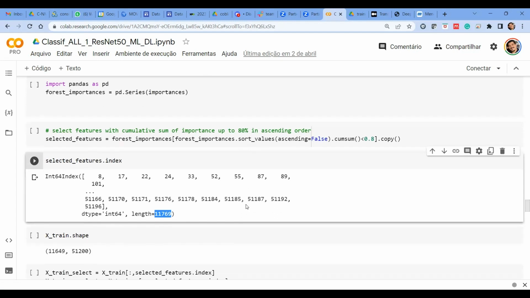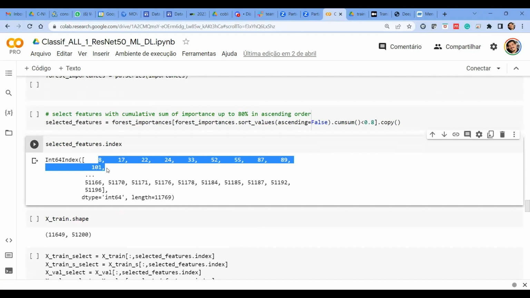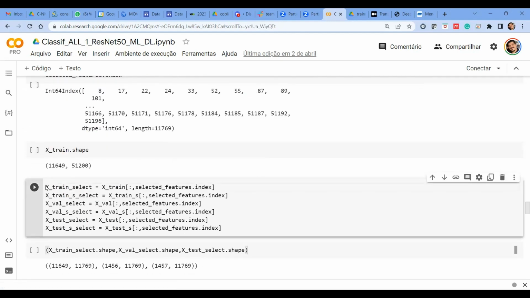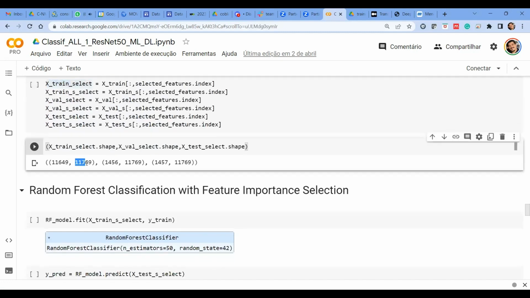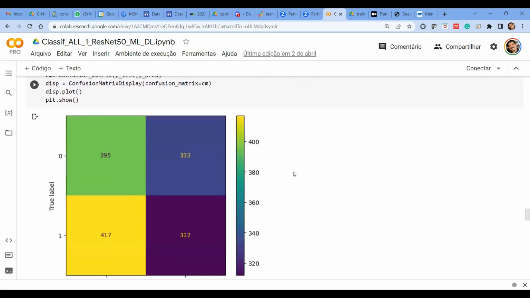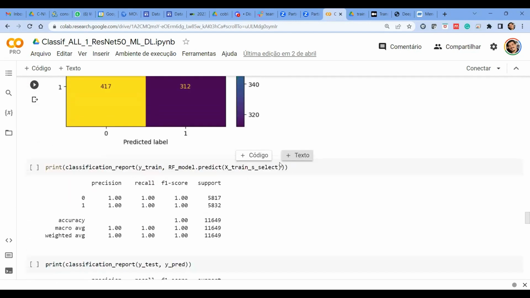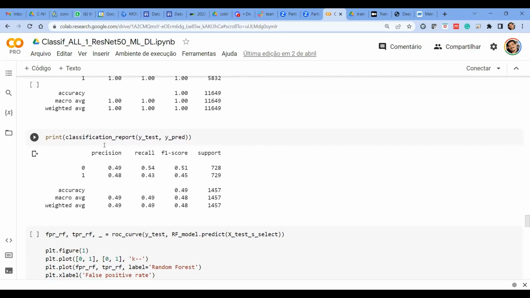And then I try to see the results. I applied these selected values to the original vectors after the feature extraction. And then we have reduced vectors here. And I applied the random forest again. But unfortunately, after feature selection, I didn't get a different result or significant improvement on the results for this classification with machine learning. So what I'm thinking is first,